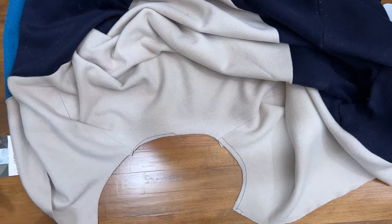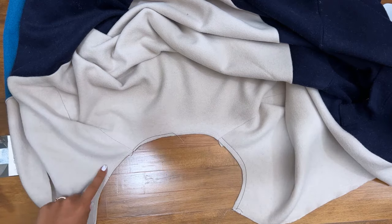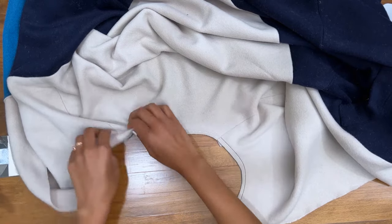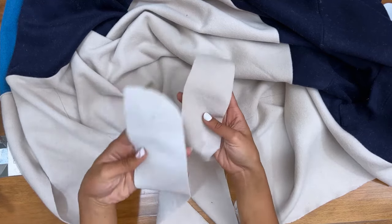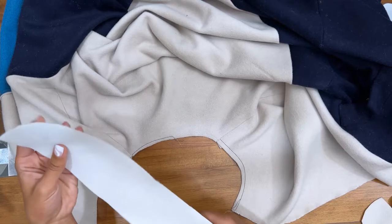Next up, we're going to attach the neckband to the main part of the jacket. So this is the coat, right side up. You can see wrong sides down. And we've got our two neckband pieces, one that I've gone ahead and interfaced and one that's not. We're going to take the interfaced neckband